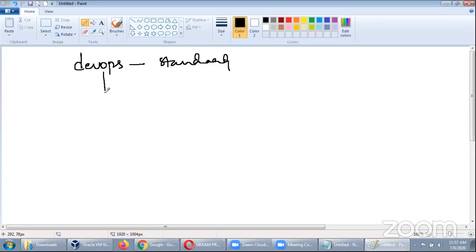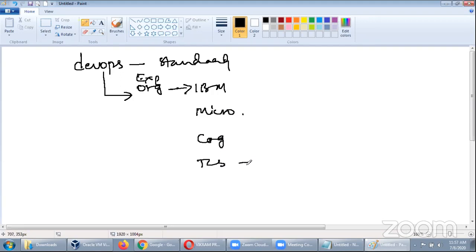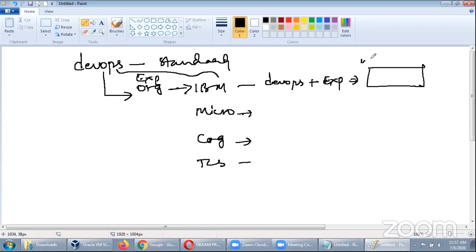But when you go to implementation in experienced organizations, for example, IBM, or Microsoft, or Cognizant, or TCS, they try to modify DevOps. They take the DevOps that has evolved in the industry, apply their experience on it, and come up with a new way of implementation.